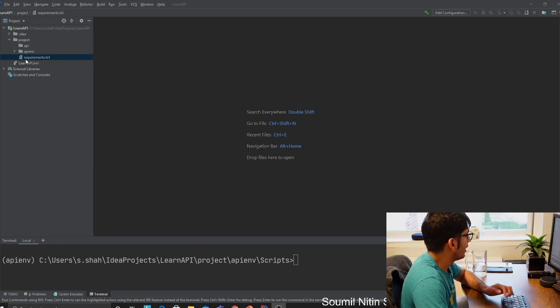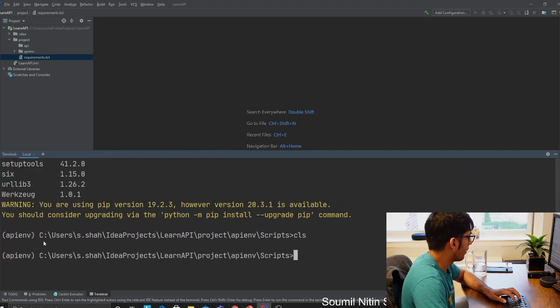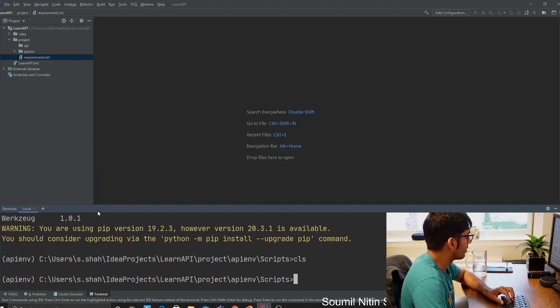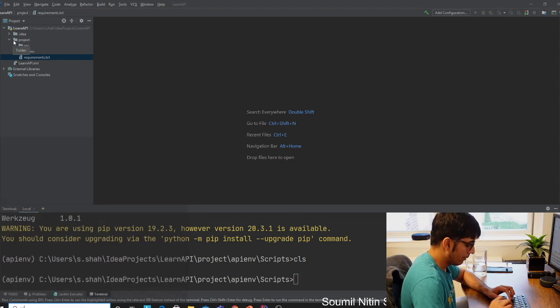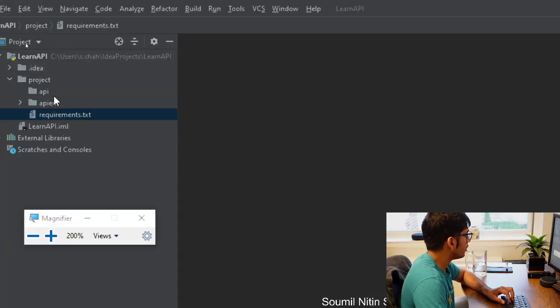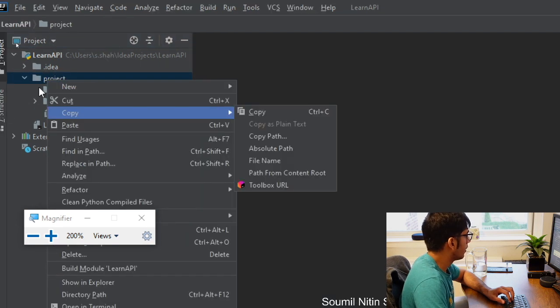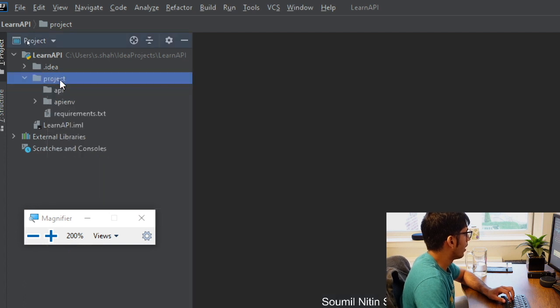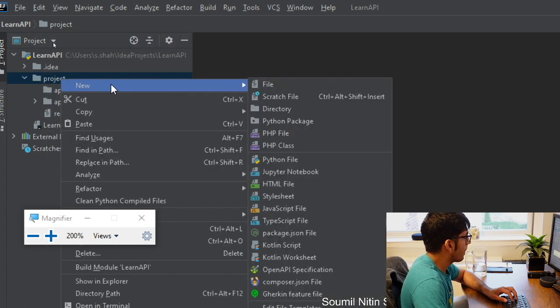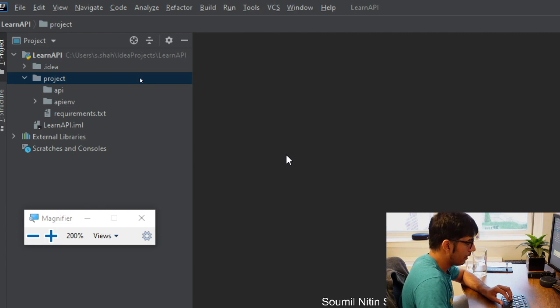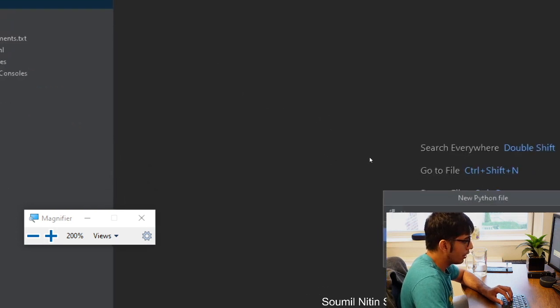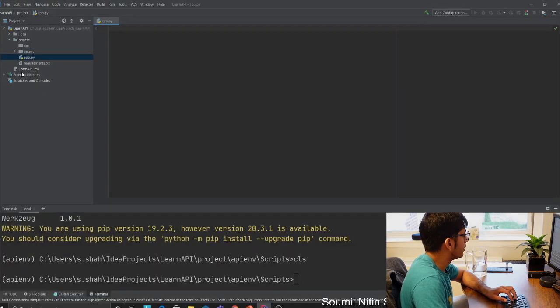So basically we did the installation correctly. We have installed everything. Make sure your virtual environment is active, right? Once you have done that, let's create a very simple REST API. So let me use my magnifier to show you what we have. I'm going to click on the project here. I would add a Python file. And you want to name this file as app. So if you see, that file has been added here, right?